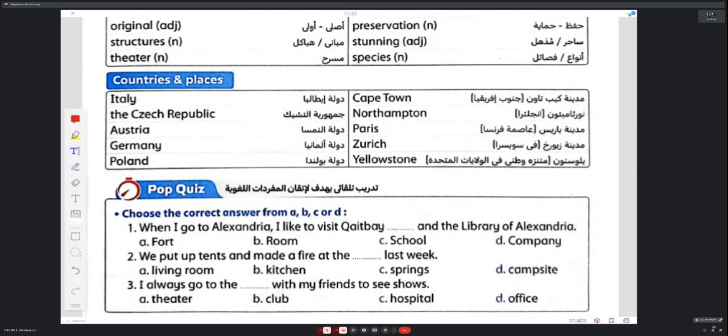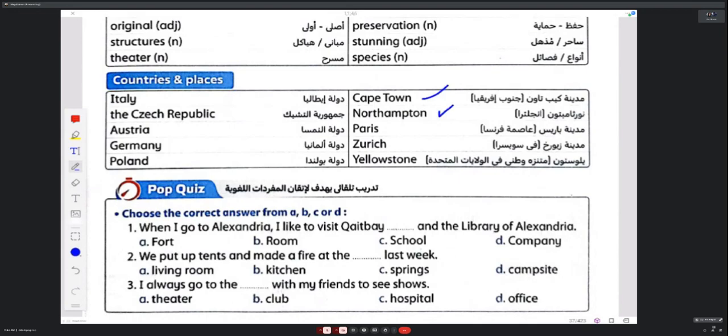Countries and places. Italy, the Czech Republic, Estonia, Germany, Poland. The nationality is Polish. The P capital. Germany, German, Estonian. Okay, Italian, Cape Town,